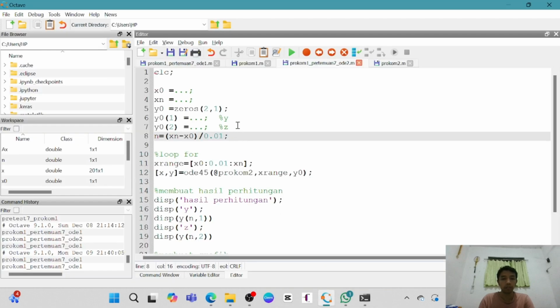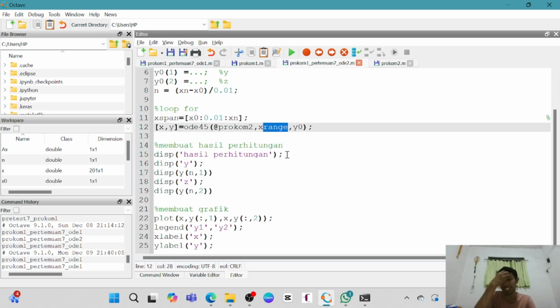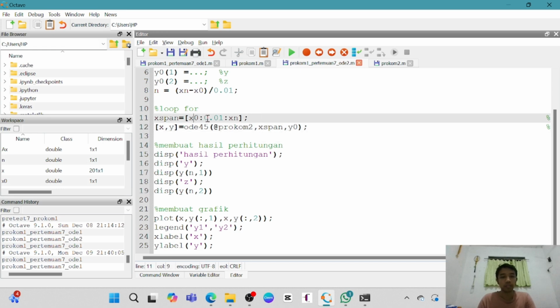Then we determine the n, the number of steps, as usual. Then we have expand, or the x range, which is quite the same. This is just a variable, you can rename it, up to you. This is the x0, then the delta x, then the xn, and we put the same function from the first problem.